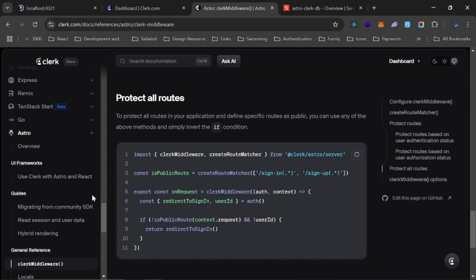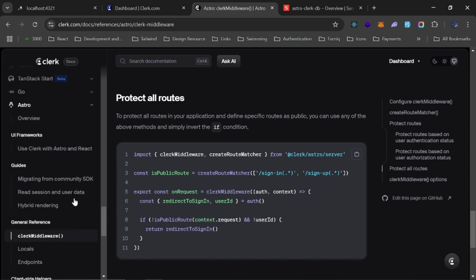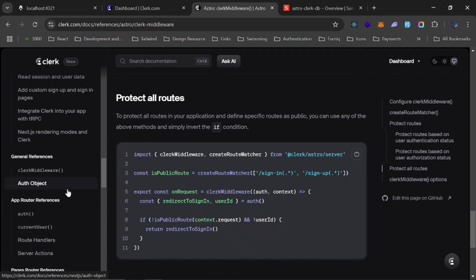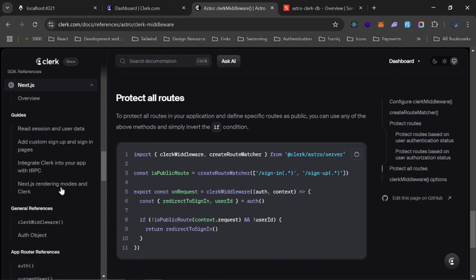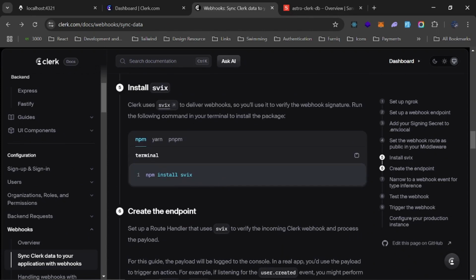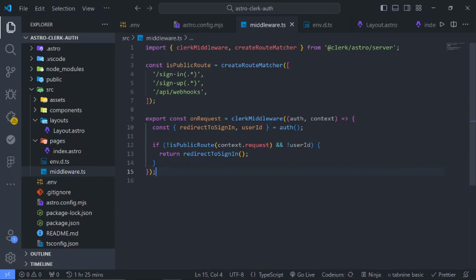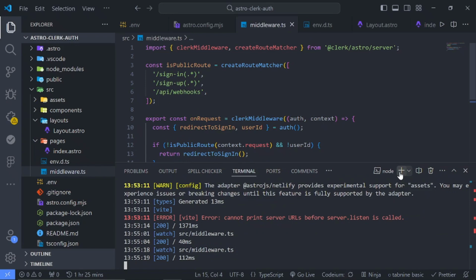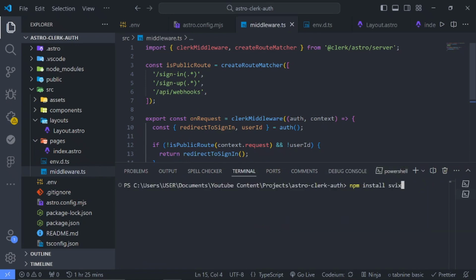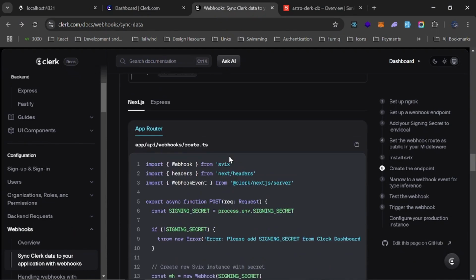So the next step now is to go back to the webhook stuff right here, and we need to install this Svix. So you say Clerk uses Svix to deliver webhooks, so we want to use it to verify our webhook signature. So I will just copy it and install it on a new terminal. So I'll paste this right here. While this is installing,